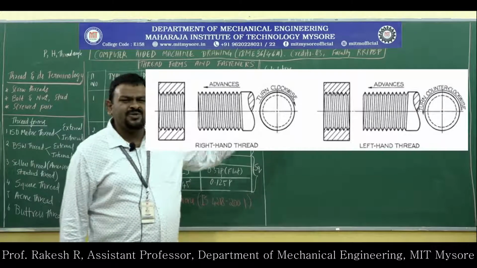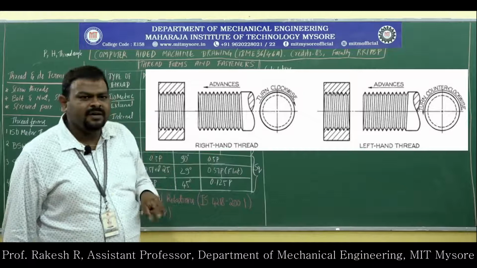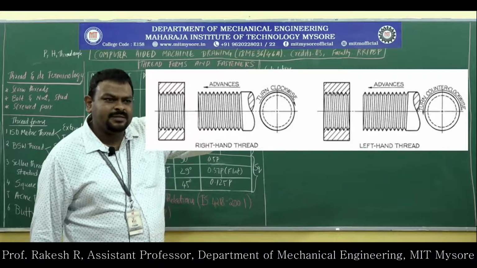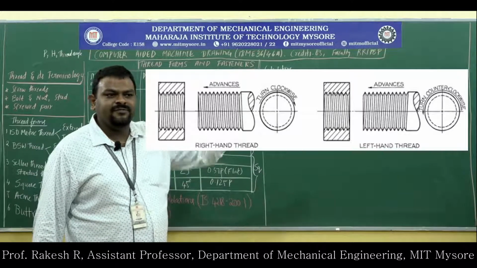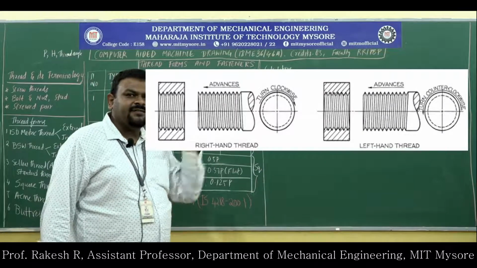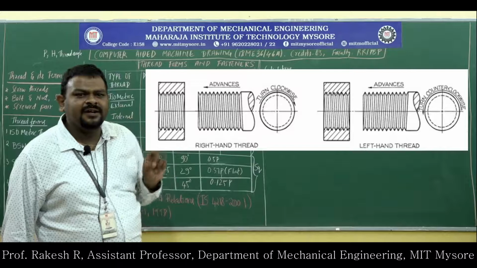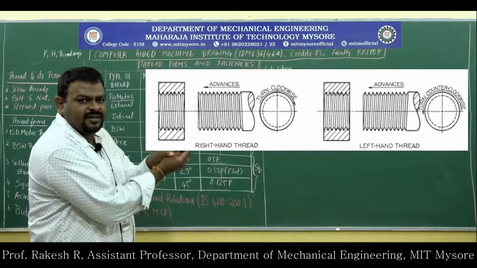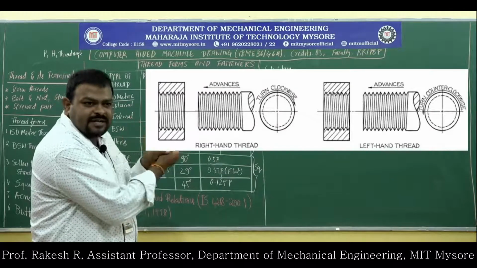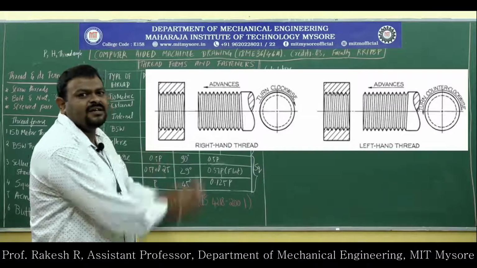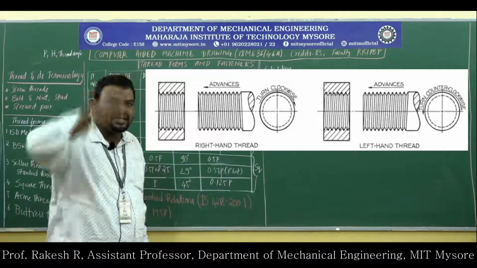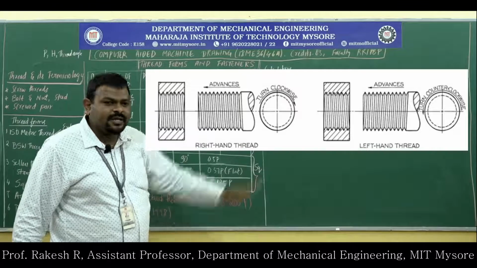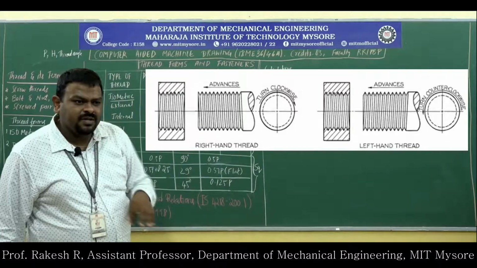Again, you will be doing those things in the machine shop in detail. So remember, if the nut is moving from right side to left side, it is right hand thread. Initially it is on the right hand side and then it comes to the left. That movement is called right hand thread, and left to right is nothing but left hand thread. And you also have to look at the profile: the symmetrical portion you are seeing is bent towards right in right hand thread, and towards left in left hand thread.